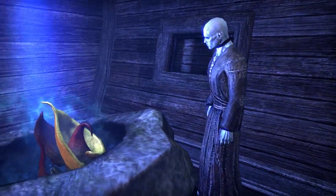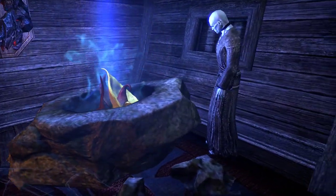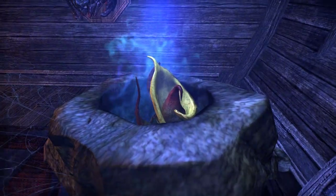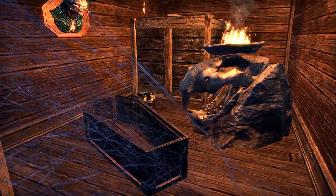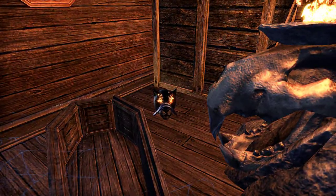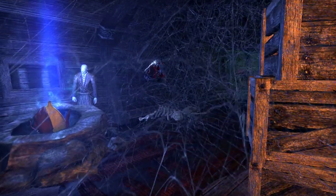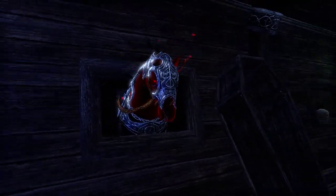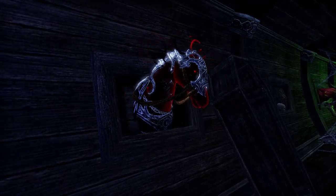And here's Uncle Herman or somebody. I don't know what he's doing, but it seems disturbing. The poor little plant's getting boiled alive there or something. Oh, anyway, we've got some creepy pet coming out of the ground there. Oh, yeah. Horsey. Creepy horse. I've never actually used this as a mount. It came with the edition of the game I bought,